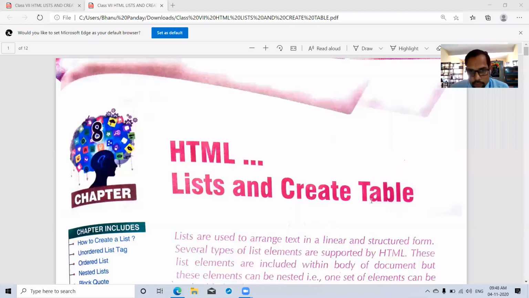I think all of you know the full form of HTML. Again, we recall it. HTML full form is Hypertext Markup Language. Hypertext Markup Language means this kind of language we have to use markup tags. Markup tags means